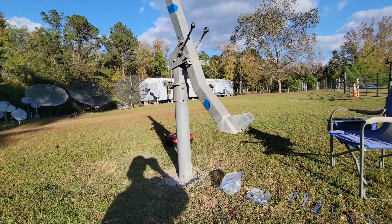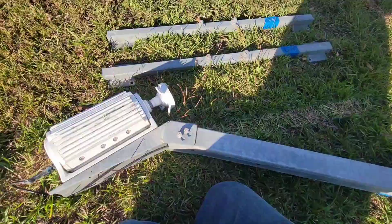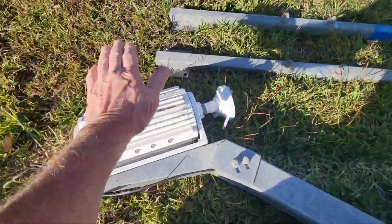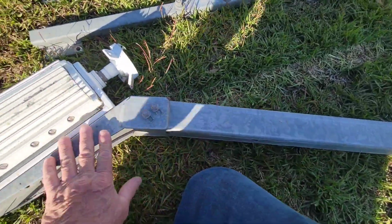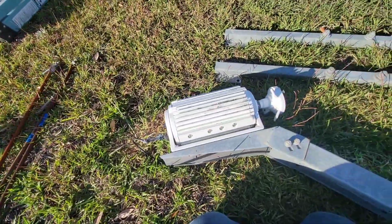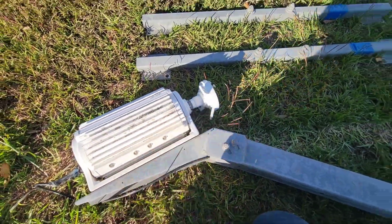Once I line it up, go ahead and line it up and get it all good to go. And like I say, I'm just going to leave these brackets off here because they attach to this here. See, they attach right here. So I'm going to just take this off here. I think I can just get by with this. I don't need these brackets until I put it back in its original condition. So in the meantime, I'm going to pull this off and just slap a regular LNB on there